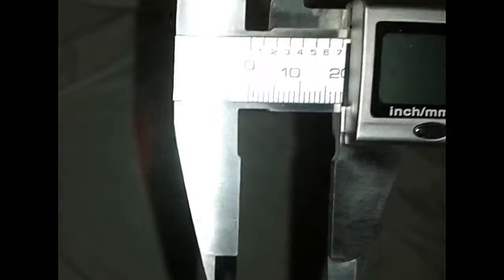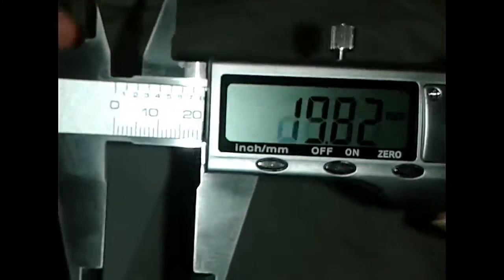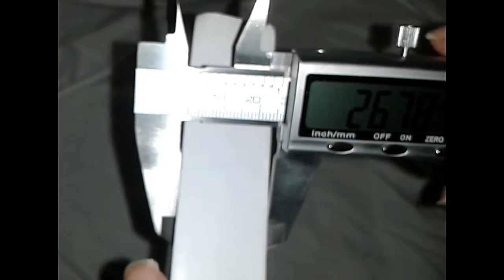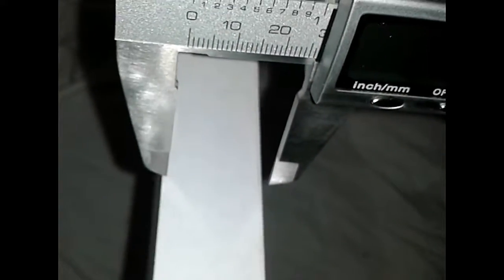So let's say you want to see how thick this box is. You would pull this apart again. Let me loosen that up. Pull this apart, and then you would measure it. That is precisely how thick it is per inch. Then we would tighten it down,